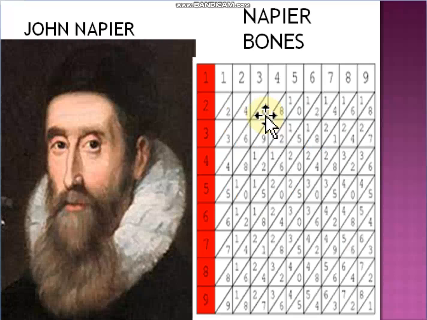Yes, so see, this is the picture. On the right side you see the instrument Napier bones, and on the left side you see the picture of the scientist and mathematician John Napier. So this Napier bones instrument, you see, it looks like a calendar actually, but it was used to do addition, subtraction and square root and cube root of numbers. Now my dear children, as you recognize the celebrities and politicians well, you should recognize a great scientist by picture also. Okay, so you should know which is the picture of John Napier.